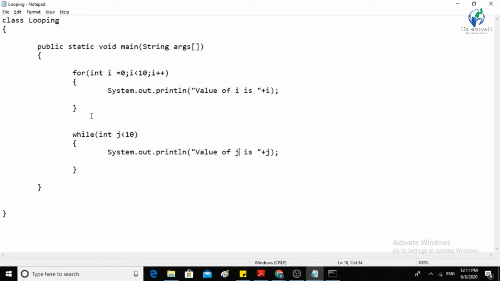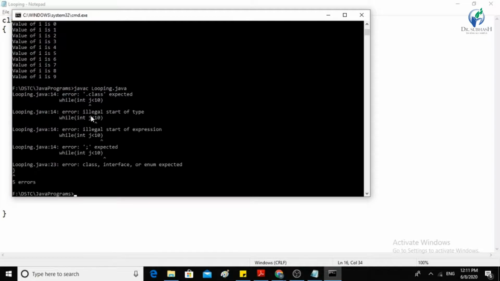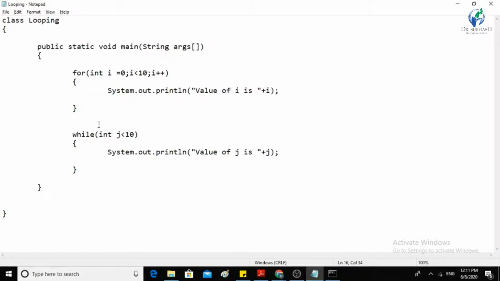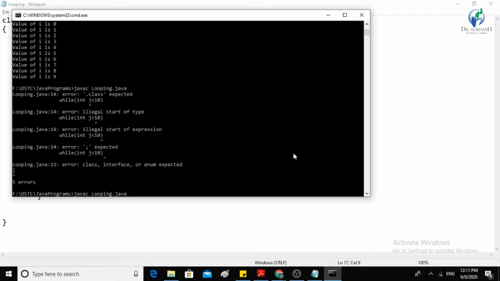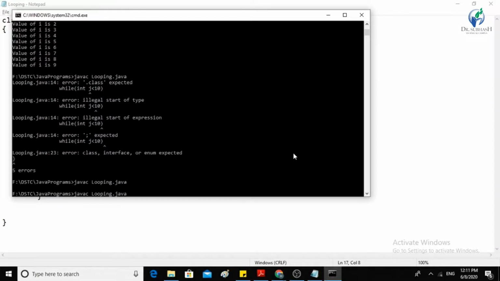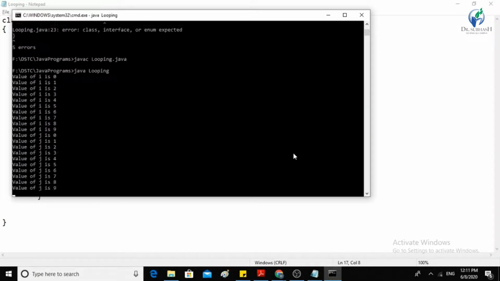Save this code, run this code. Okay, integer I think is not allowed here. So integer j equals 0 and j less than 10, and we have to do the j plus plus manually over here. Yes, sorry for that. Save this code, compile and run this code, java looping.